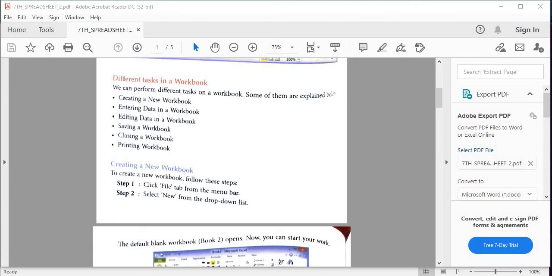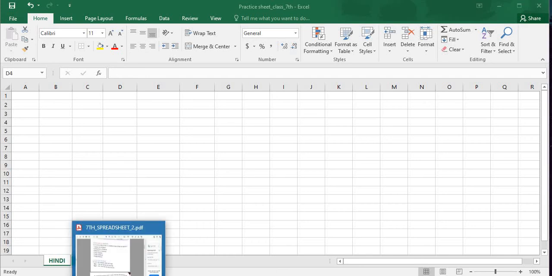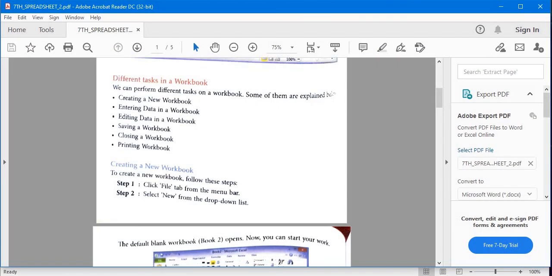Now I will tell you about entering data in a workbook. So we start. This is MS Excel, and in this MS Excel we want to make a table, by which you can understand how we can enter data in MS Excel. In your book, on page number 86, there is a table.